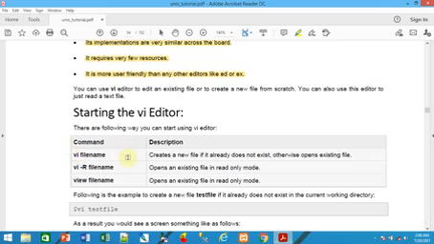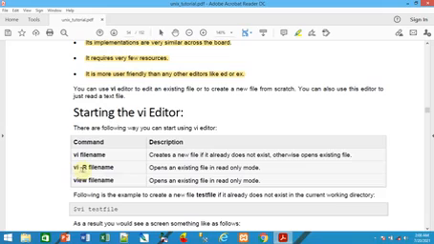If you say vi file name, and the file ABC is not there in the hard disk, location or directory, then automatically it creates a new text file. Otherwise it opens the existing file. Most of the time the ABC file may already be created, so if you say vi file name, it automatically opens that file.